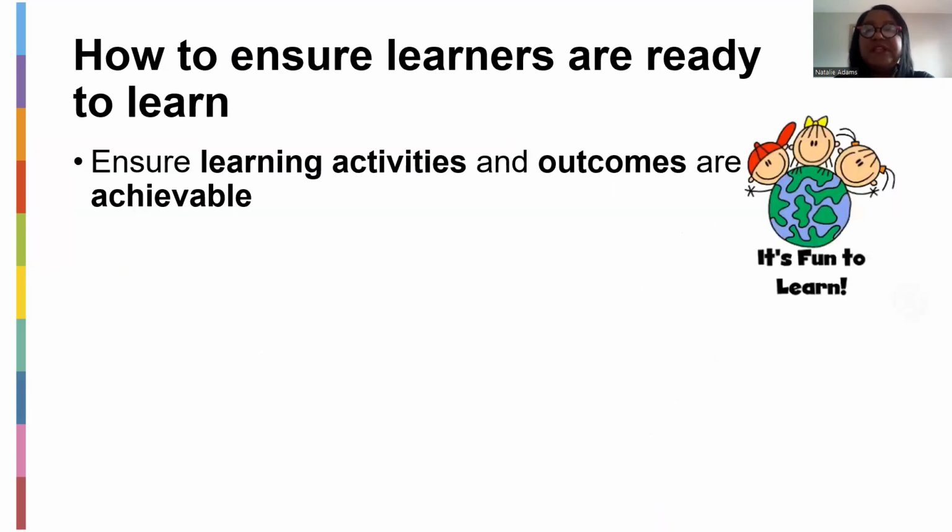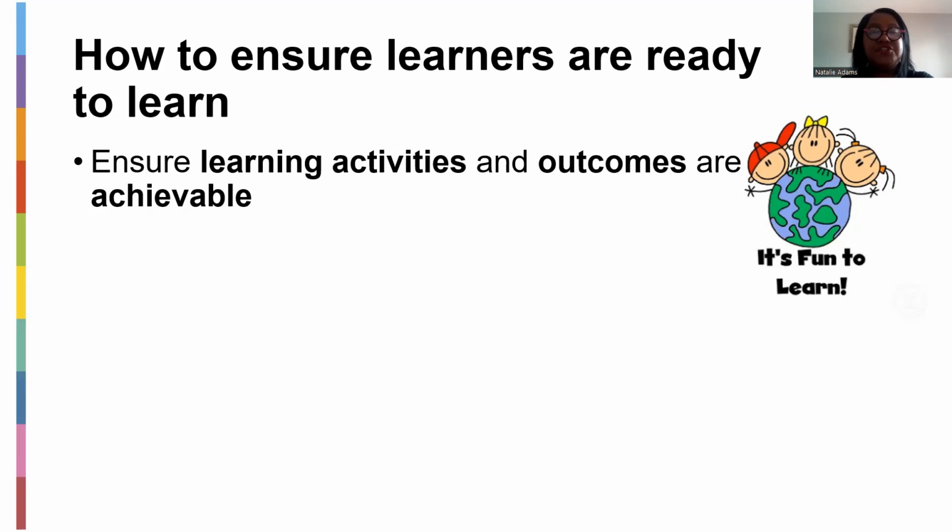And then how to ensure learners are ready to learn. So the previous section would just be examples that we've given of how you can teach your students, for example, the present perfect tense. We also looked at how you can teach them prepositions. We looked at, for example, how you can teach them about adjectives, verbs, etc. How you can even teach them in terms of correcting their errors. So these are inductive ways where the answer is not just given to them. They have to explore it, by looking at the pictures, for example.